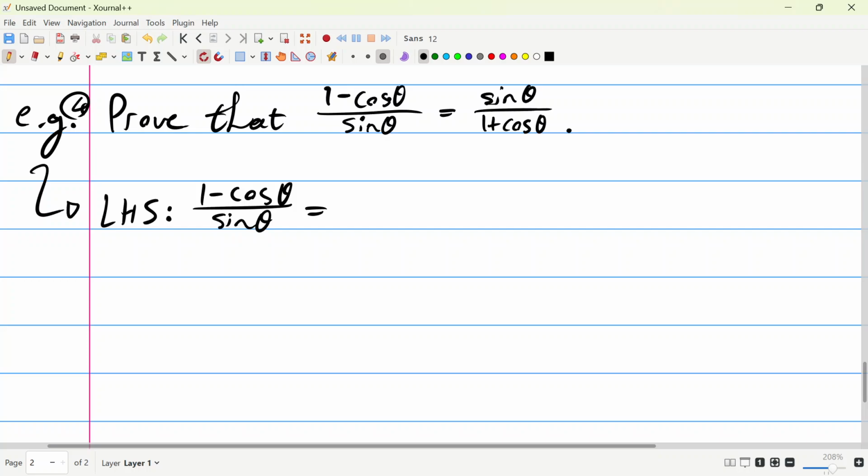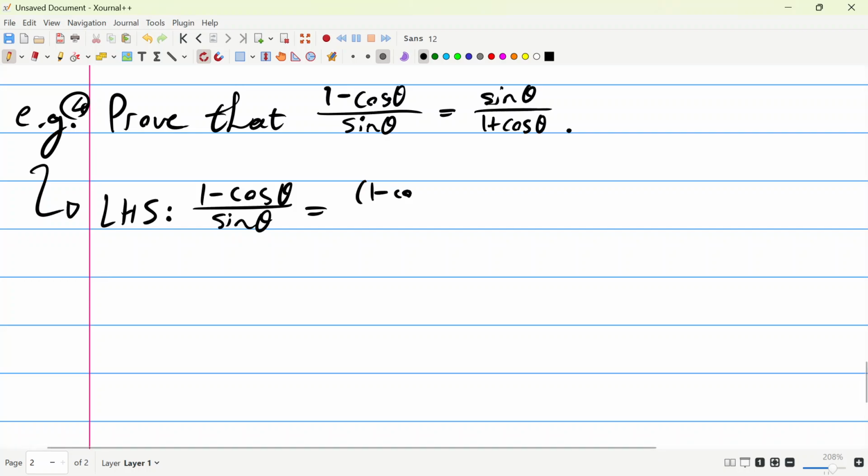But in order to do that, we need to rewrite it in the form of difference of two squares. Because remember, in 1 minus cos squared theta, 1 is a perfect square, and cos squared theta is also a perfect square because it is squared. Okay. So therefore, this is what we can do, right? We can say 1 minus cos